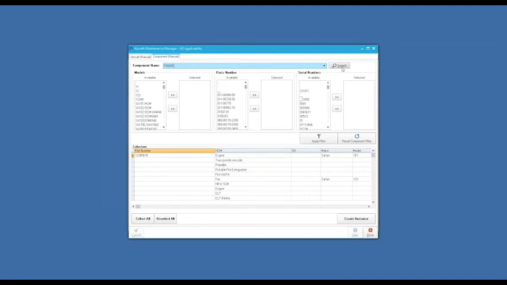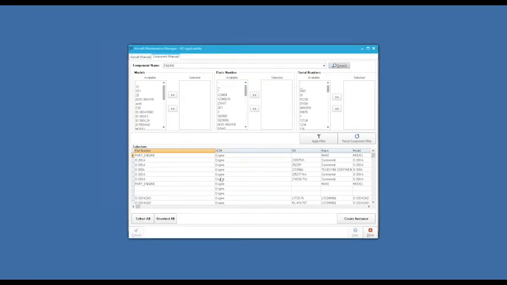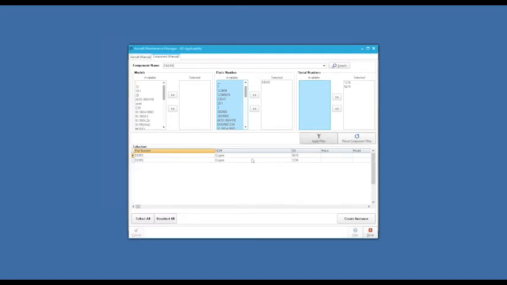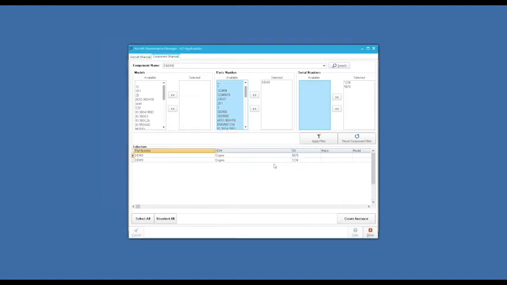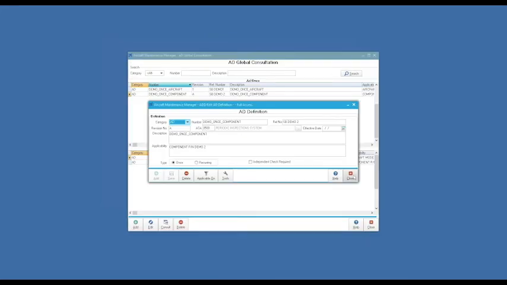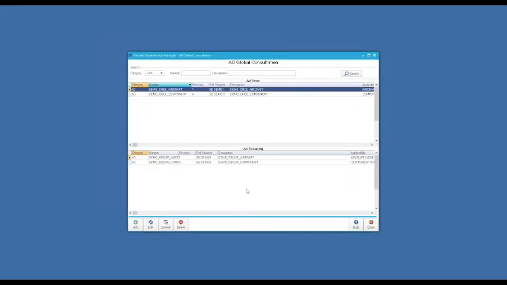I will search for my engine and select the one I want, apply the filter, and now I can find the two engines on which I wanted to create this AD. I will be able to select it and to create the instances. So the main purpose of this new AD will be to be able to link directly your ADs to aircraft or to parts.